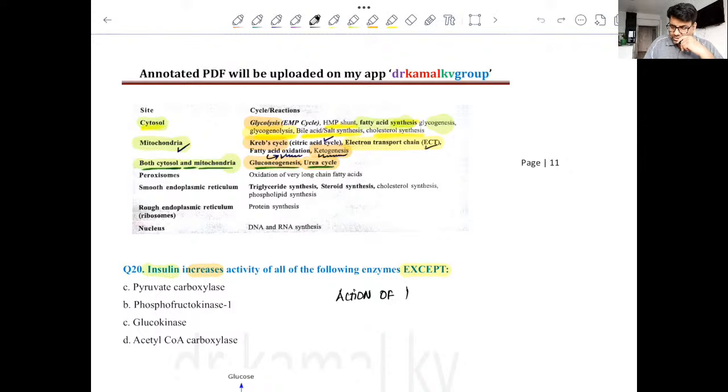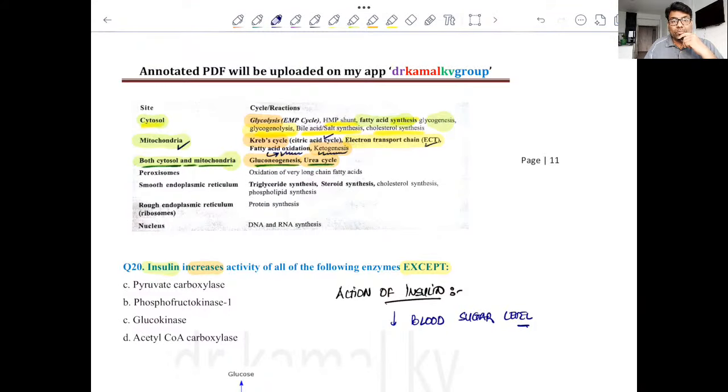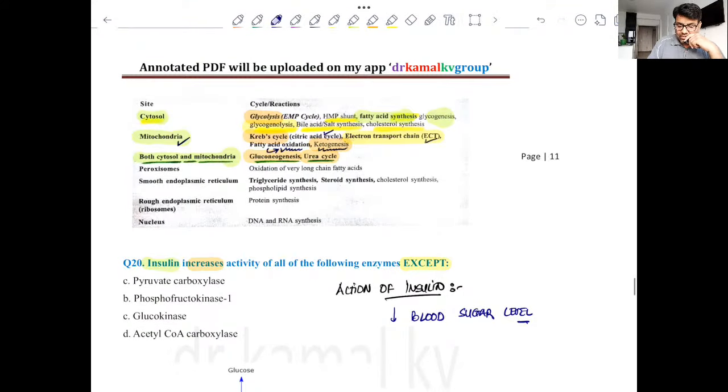Insulin tries to reduce blood sugar. Clear? So it tries to reduce blood sugar level. So obviously it will never prefer an enzyme which is trying to increase the blood sugar levels,